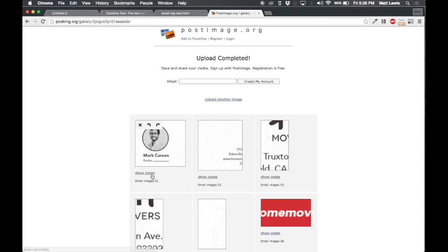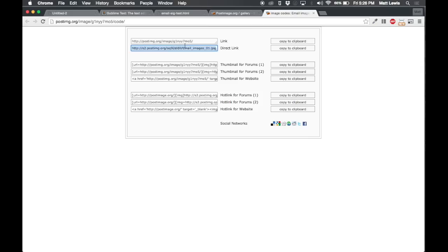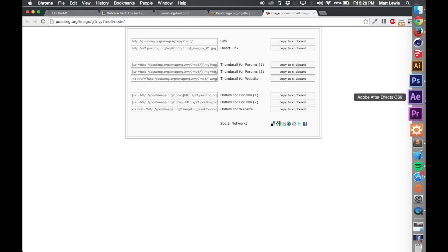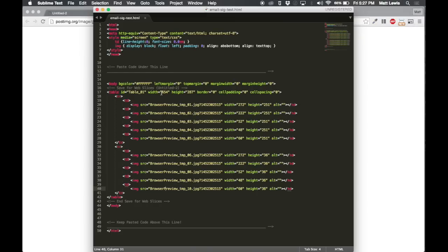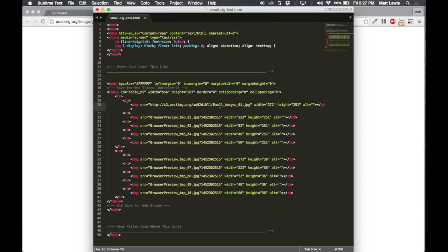So what you can do is you can go to Show Codes. I'm opening this up in a new tab by holding Command and clicking it. And you want to grab this direct link right here. So you click Copy to Clipboard, go back to Sublime Text, and this is going to be your first one. So you just grab all this and replace it. And then you can save your file,